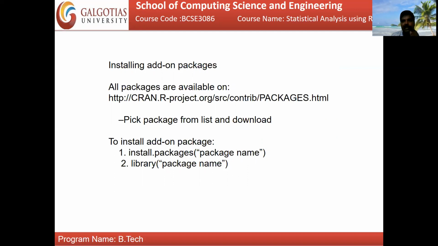Once the package is installed for your programming, you have to check whether the package is installed or not. How can you check? Use library with the name within double quotation marks. If the name is mentioned and it works, you may get an acknowledgement message. If your package is not properly installed or there is any installation issue, you will also get a message. So you have to understand whether your package is properly installed or not.